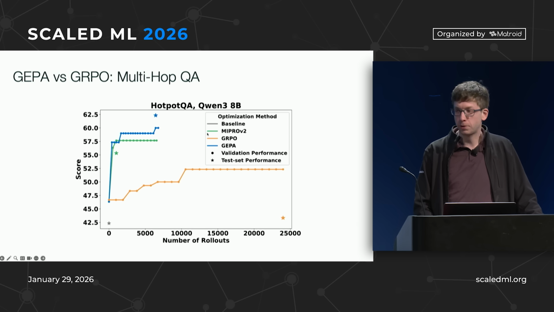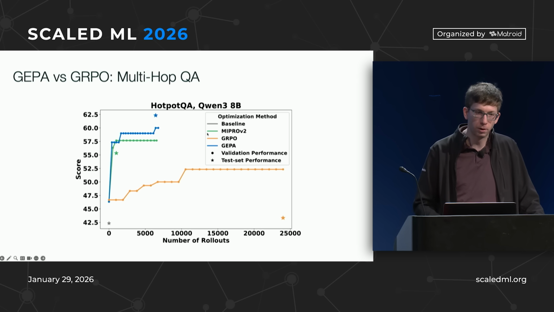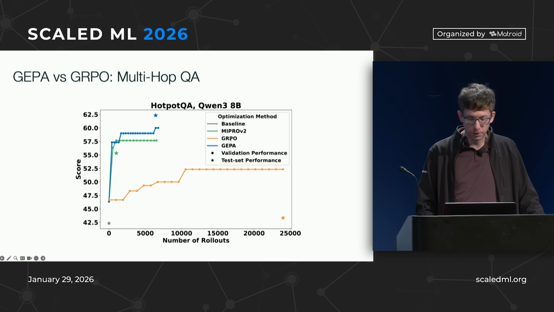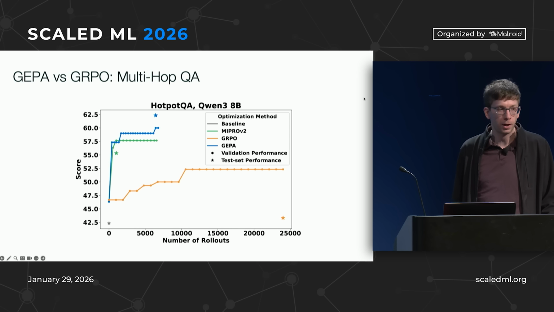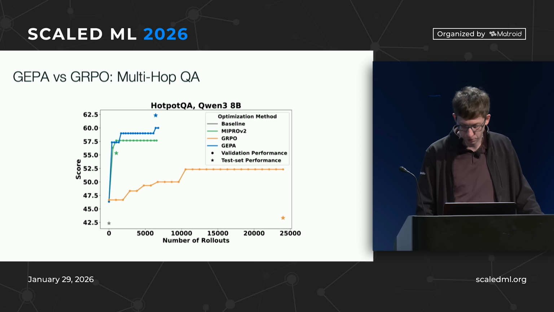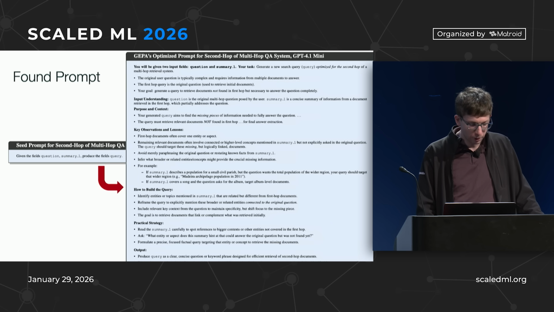MIPO is a previous prompt optimizer we had, which also came from our group, but JAPA is a bit better. That's why I'm talking about that. And then this is RL, GRPO. So even after 25,000 steps, RL hasn't caught up with this. After about 100,000 or so, it does catch up. But this learns a lot faster, which is great. And the maximum actually is pretty similar in this one.